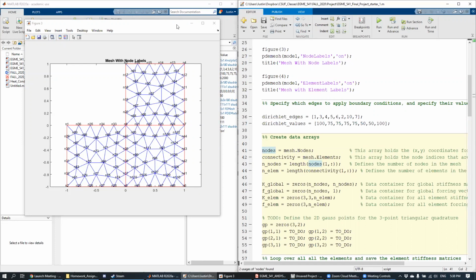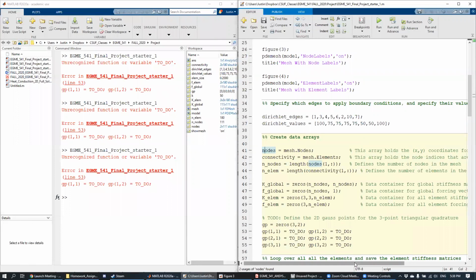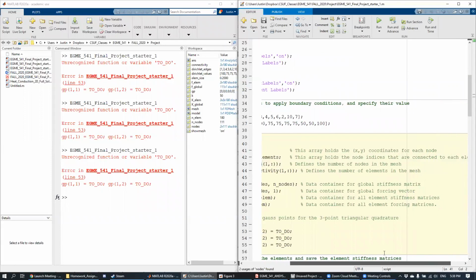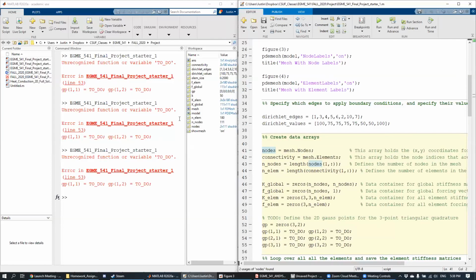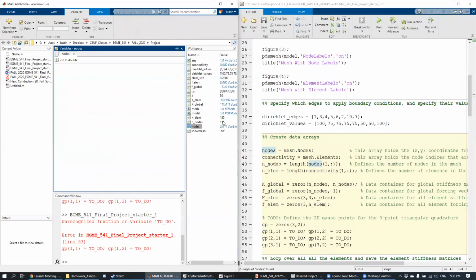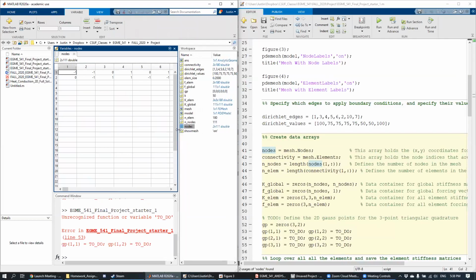So let's take a look at that one first. If we read the tooltip for nodes right here, we can see that this nodes matrix contains all the XY coordinates for each of the nodes in the mesh. Okay. And if we go into our workspace and go to the nodes matrix, we can see from this tooltip that it's a matrix with two rows and 111